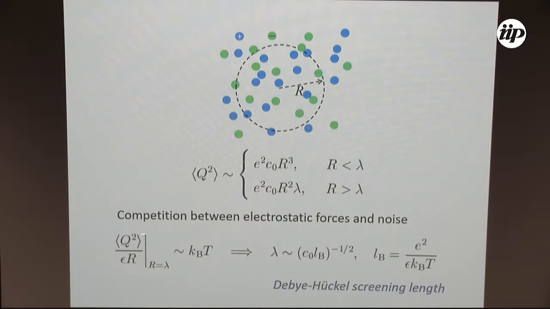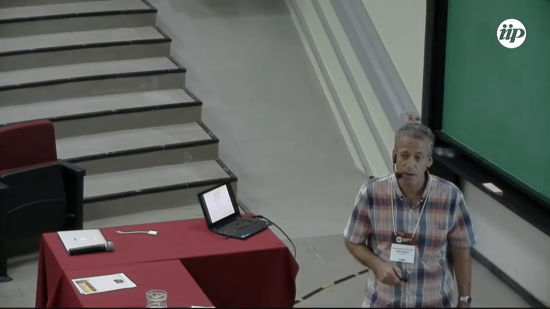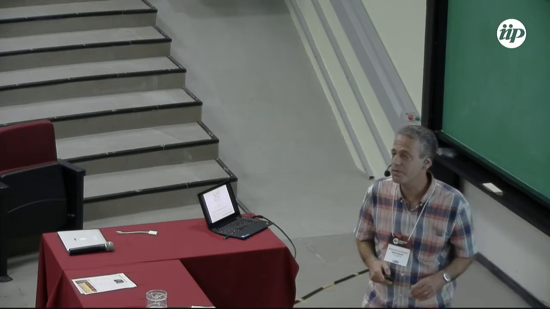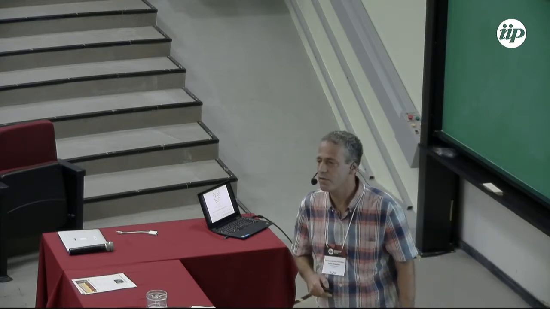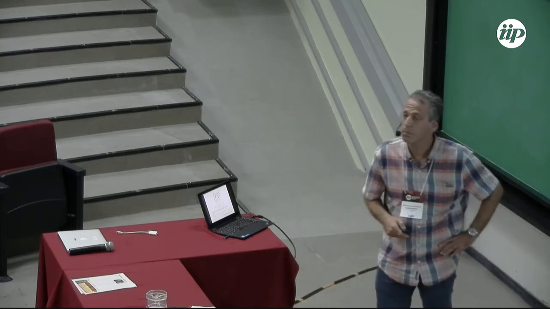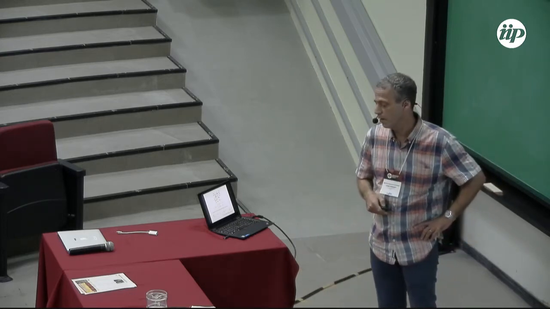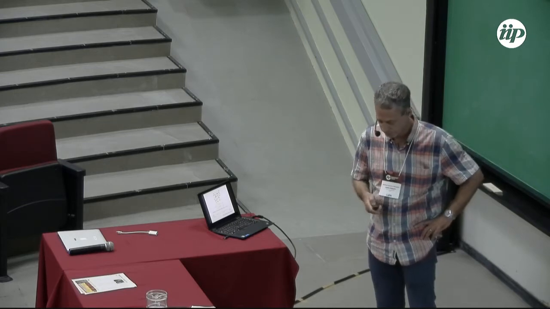So let's take the electrostatic energy that is associated with such a blob of charge Q, and demand that at a blob of size lambda, this electrostatic energy should equal kT. Then you get this lambda, and this lambda is nothing else but the Debye-Huckel screening length, good old screening length. Which means that one can think about this screening length as a hyperuniformity length. That beyond that distance, charge density fluctuations are strongly suppressed, and the material is basically as neutral as a crystal.